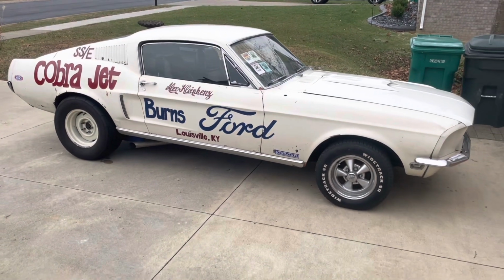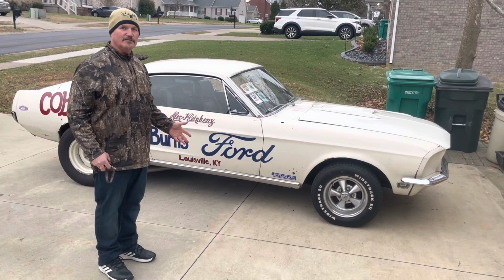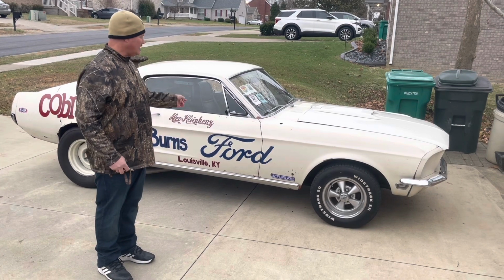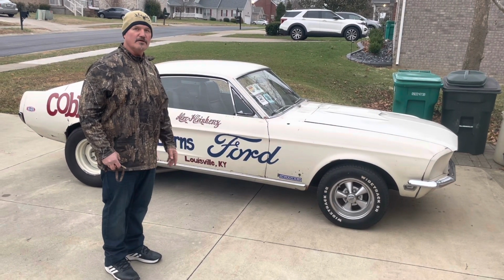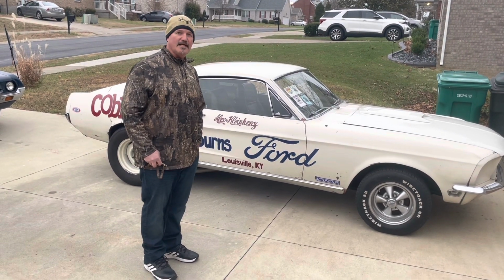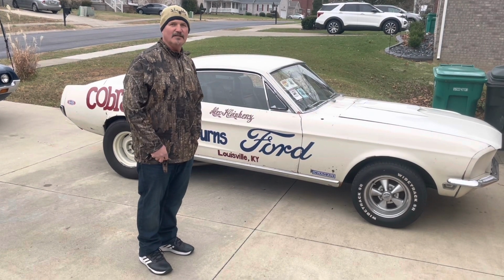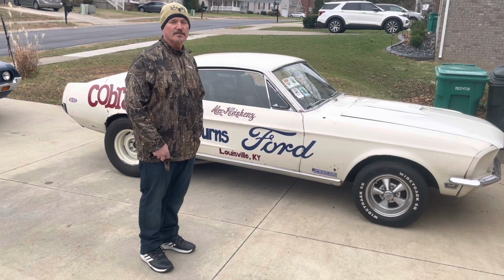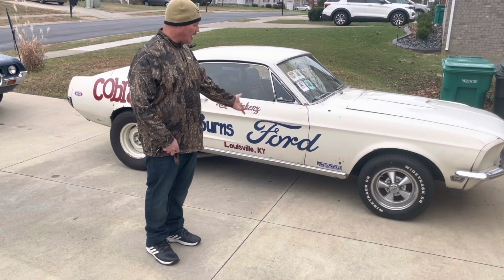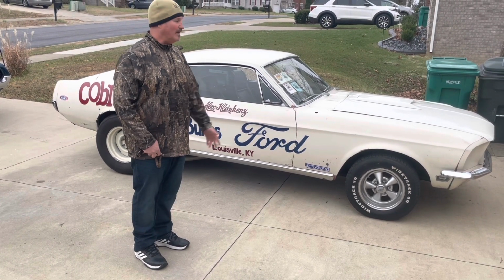It has a 31 spline 9-inch out of a 1970 Mach 1. It's got 4.10 gears in it on a Traction Lok. C4 with a 4200 stall converter. And it's a lot of fun. It runs 8 seconds in the eighth mile, which is about, I think, a 12.50 in the quarter, which I've never run it in the quarter because we're all eighth mile around here. And I got a set of purple hornies on it. That's why it's so daggone loud. But other than that,